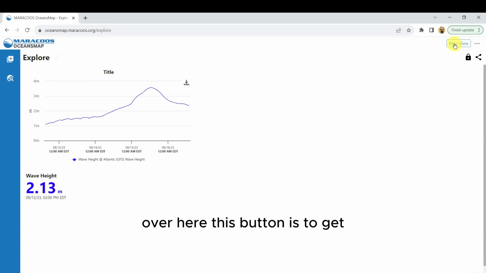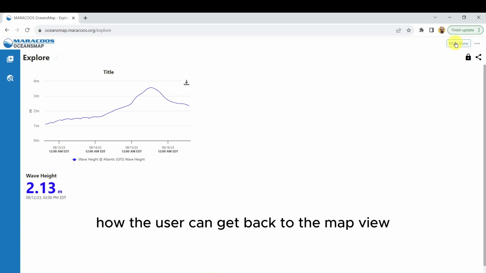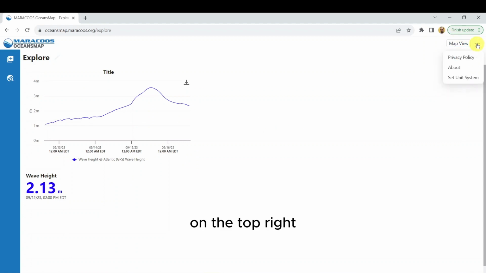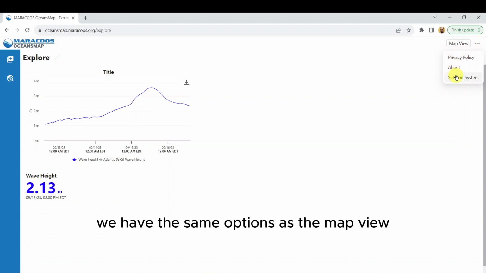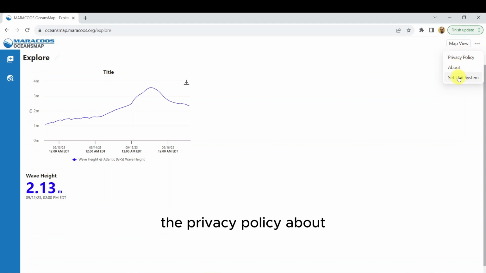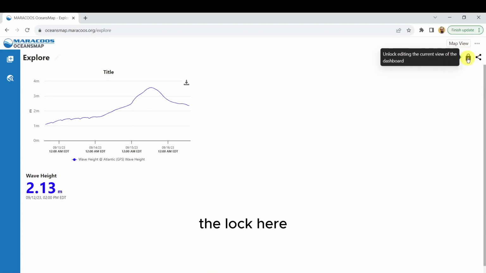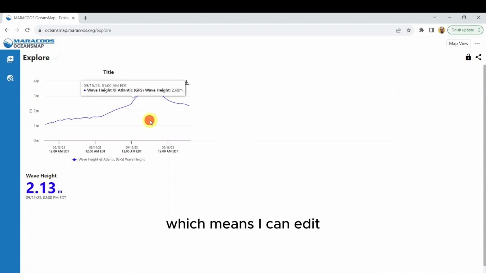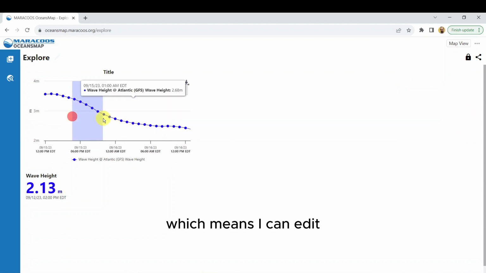Over here, this button is how the user can get back to the map view. On the top right, we have the same options as the map view: the privacy policy, about, and how to change the unit system. The lock here, so by default, the dashboard is locked, which means I can